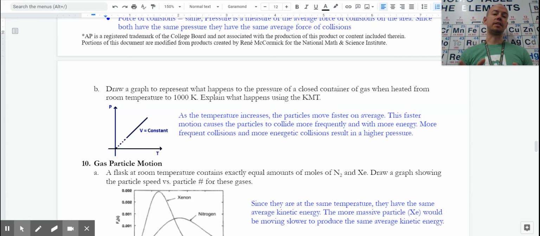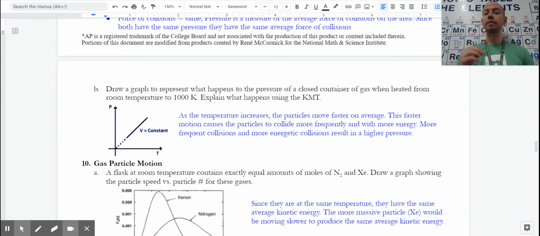But if it's an ideal gas, which we'll talk about ideal versus not ideal in upcoming videos, we would treat it as if it is a straight line from the lowest to the highest temperatures. But then we're going up to a much higher temperature here, so we would see the pressure go up. So the particles are moving faster. With KMT, you can't just say it's a direct relationship. You can't just say as one goes up, the other goes up. You can't just plug in numbers. It has to be a